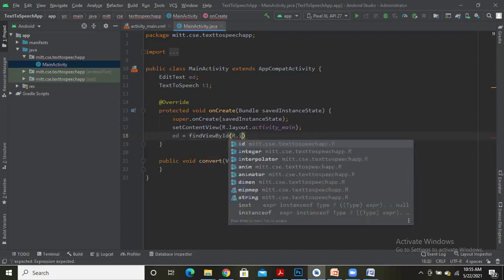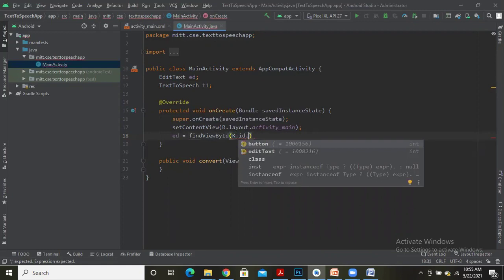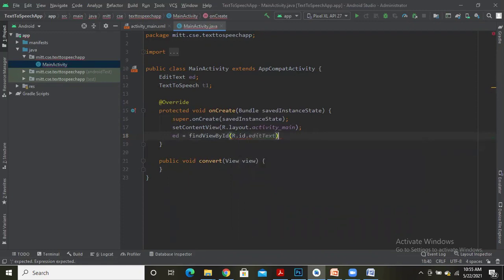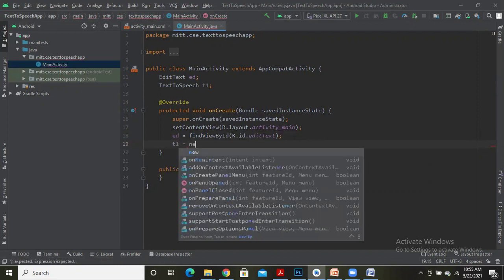R dot id dot. So the ID for the edit text field I had given as edit text. Let me select that. So I made sure that the variable of edit text which is present in the Java program is mapped with the ID of edit text which is present in the XML file. Now we need to instantiate the text to speech object. Let me do that. T1 is equal to new